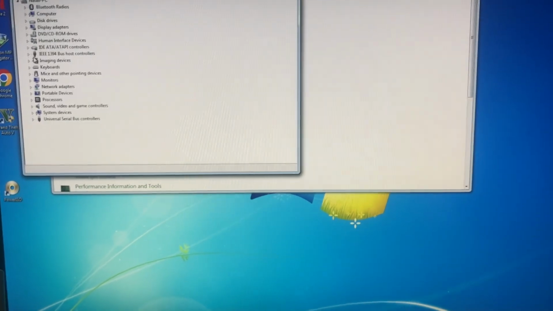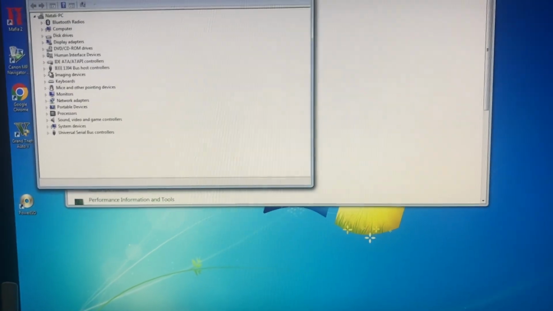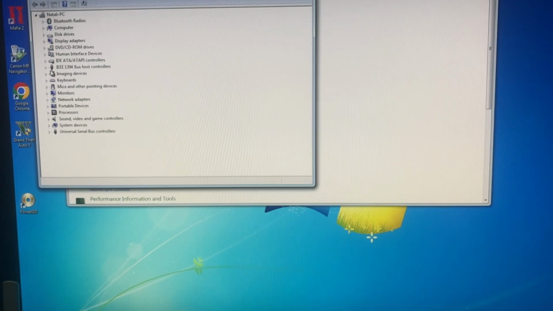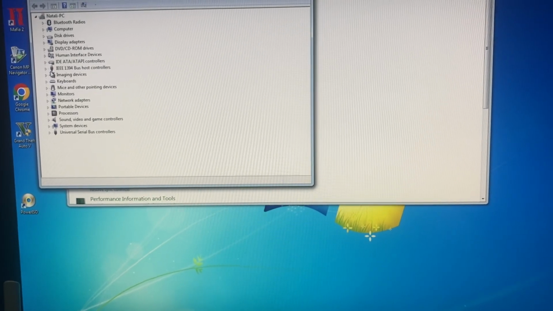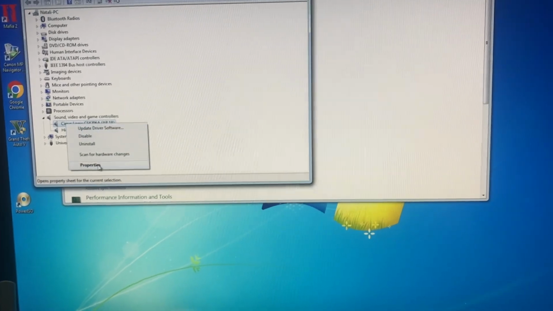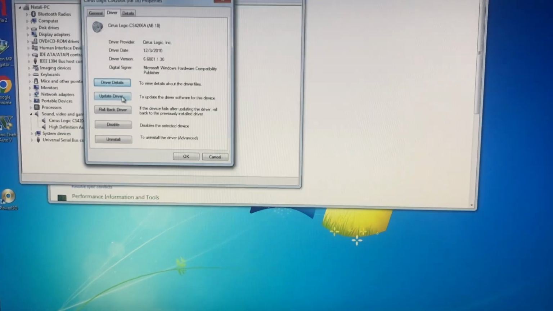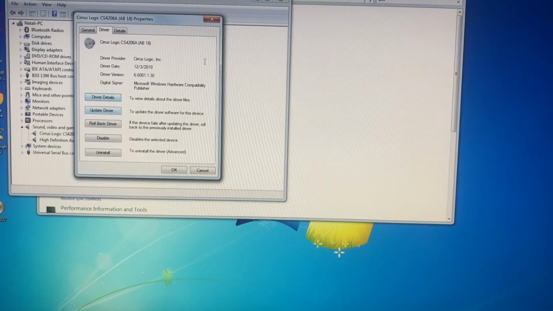So after you check it, you can also update your driver. Here you can just tap on Properties, and here you can also check the driver version and update it. You can update it automatically or